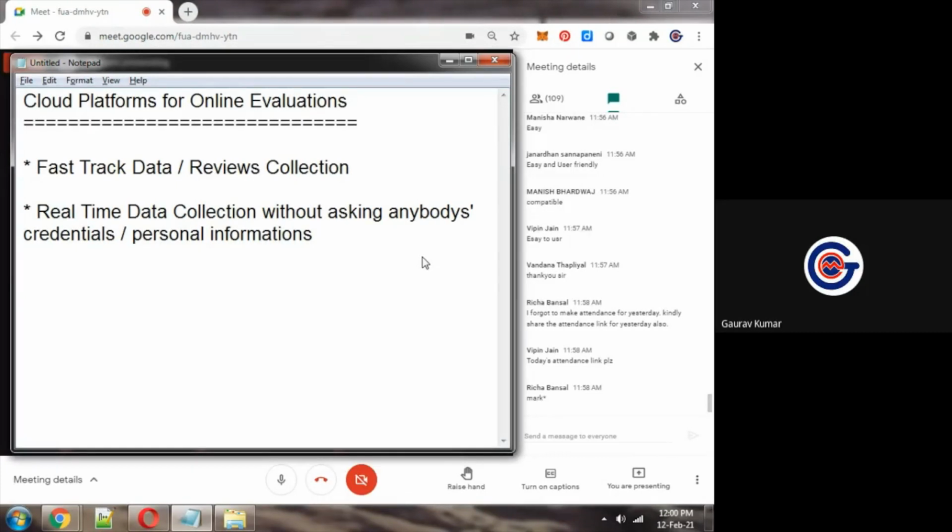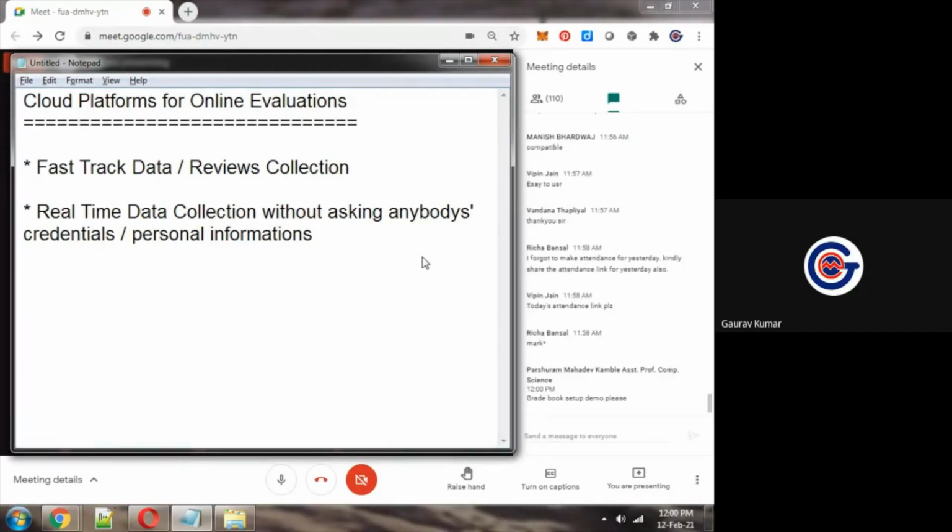I would have to create one course on Moodle or Google Classroom, then ask you to enroll in this particular course and take all of your mail IDs. As far as the gradebook setup demo is concerned, I will send its complete documentation separately, as there is one query. For that particular implementation, we have to customize Moodle at the backend also to some extent. So I will send the Moodle manual so that you can explore it.